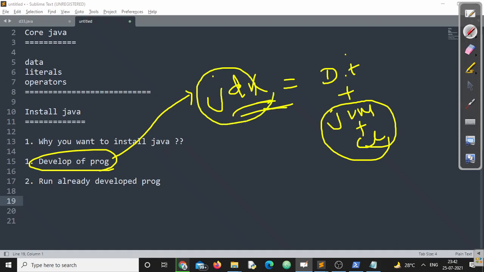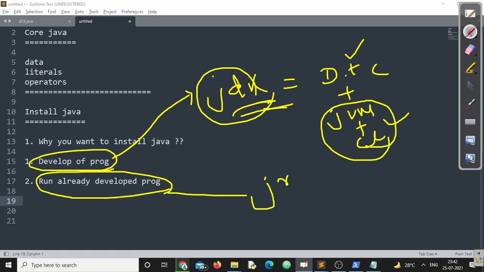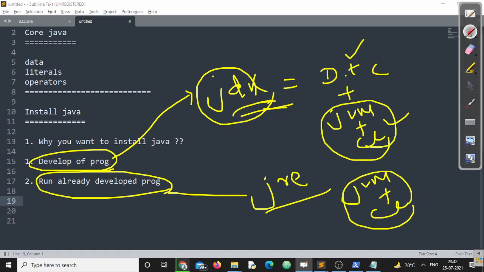JDK can help you to not only create the program but also compile the program and run the program. But if I am talking about running an already developed program, I need to install JRE. JRE only includes JVM followed by class library. That means JDK can be written as development tools followed by JRE. That means if I install JDK, JRE will be automatically installed. But vice versa is not true.